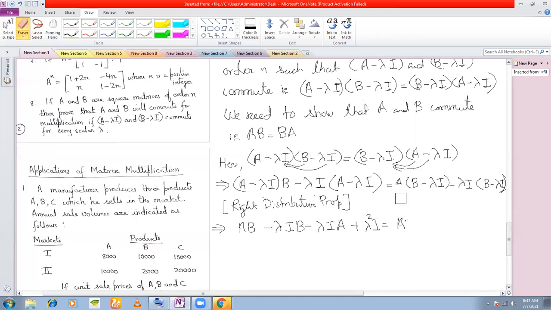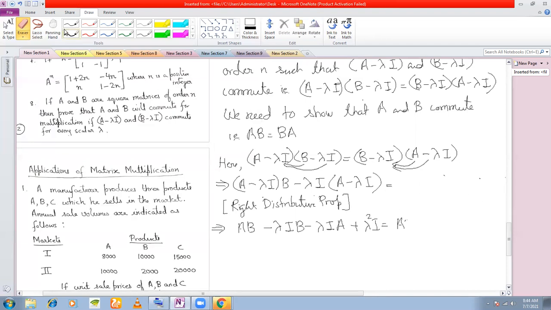This should be A into B. B minus lambda I into A minus lambda I. If you apply the distributive property here, this should be B minus lambda I into A minus B minus lambda I into lambda I. So now if you multiply this, you get BA minus lambda IA